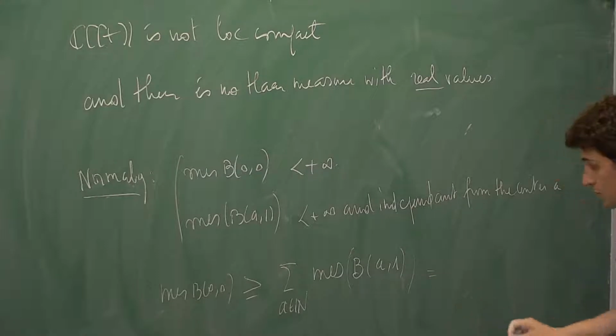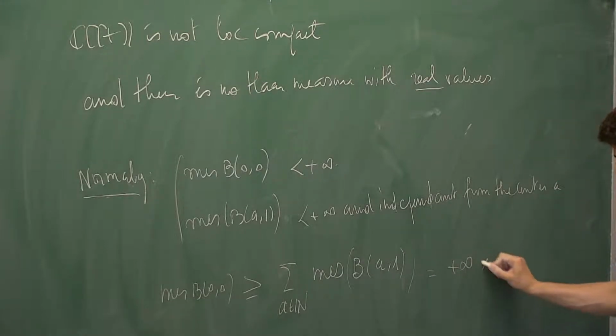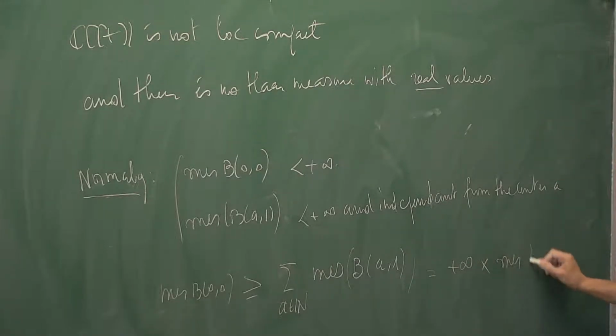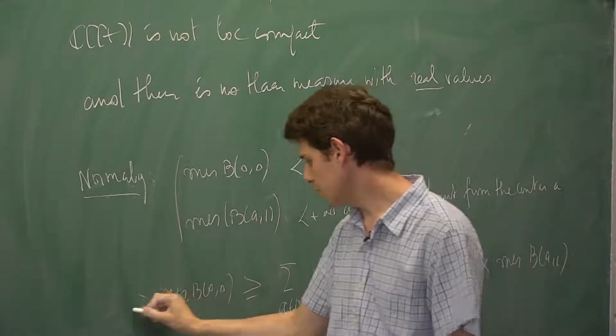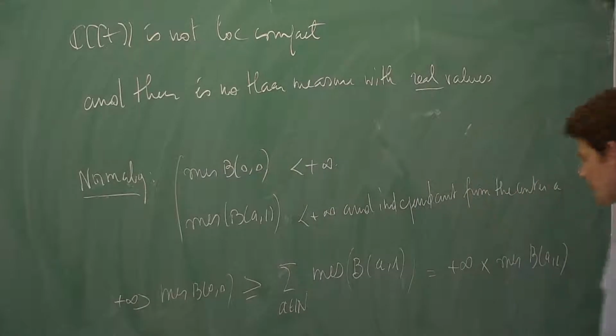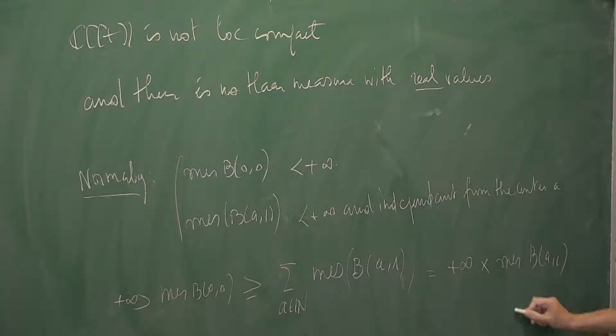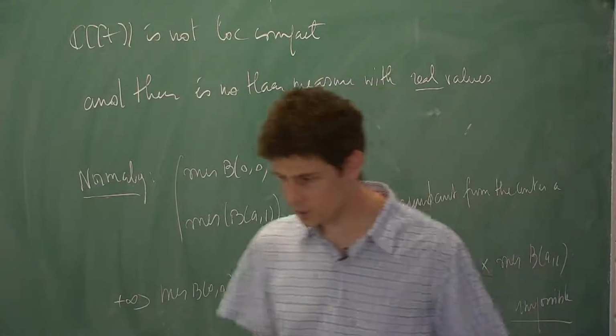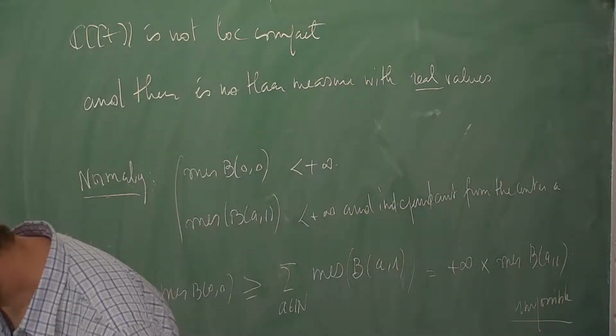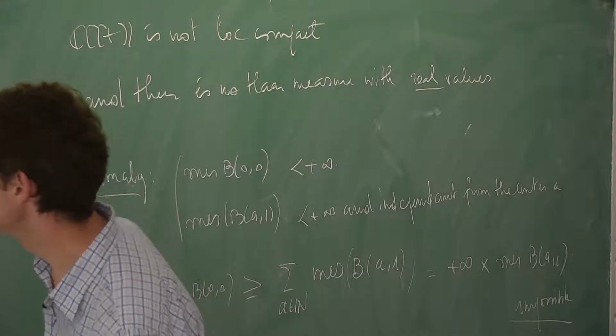So this should be something like infinite times the measure of a ball, and this should be finite. So this is impossible. So you don't have a Haar measure with real values, but you have Kontsevich, and Kontsevich explains how to do it